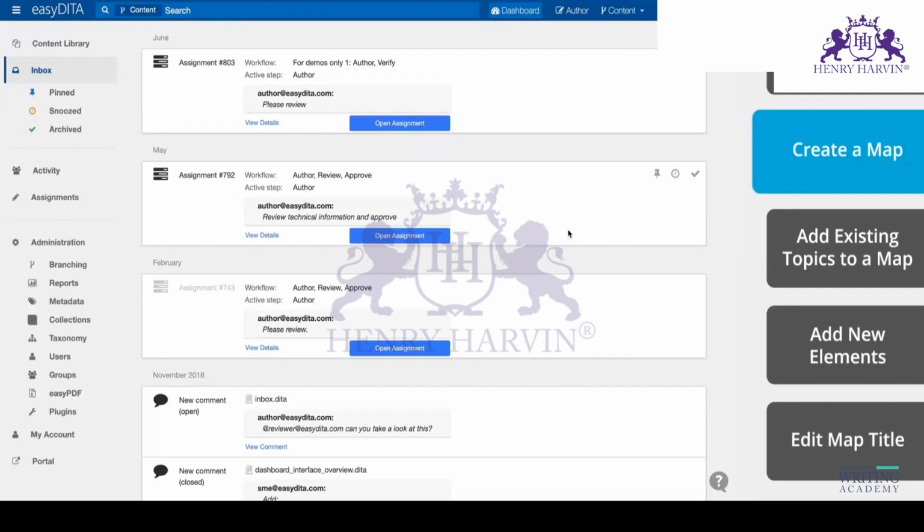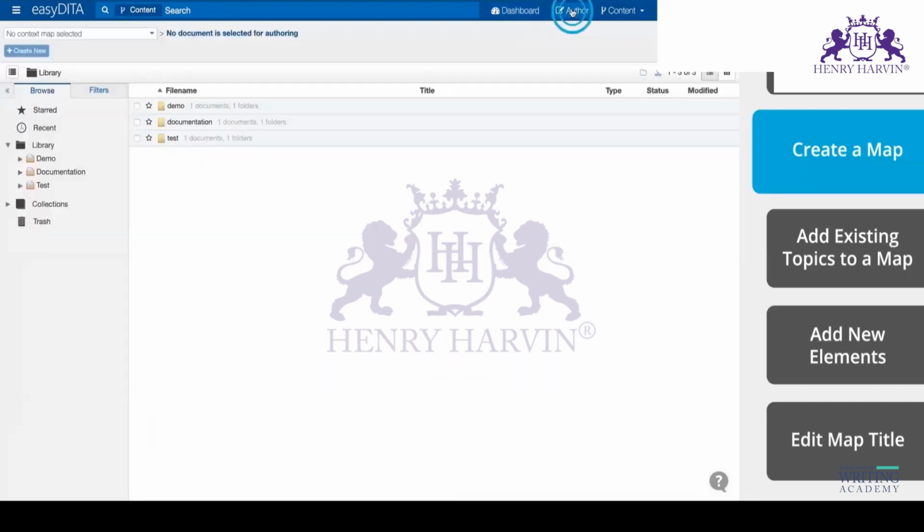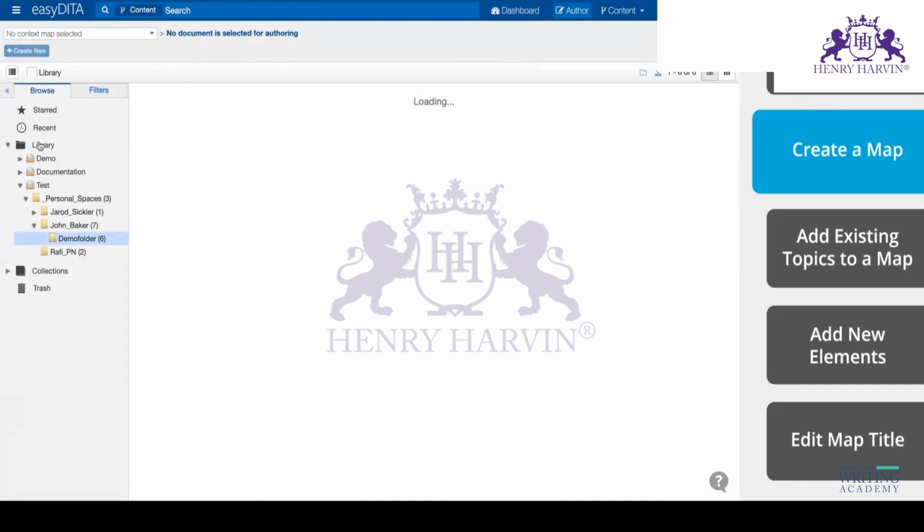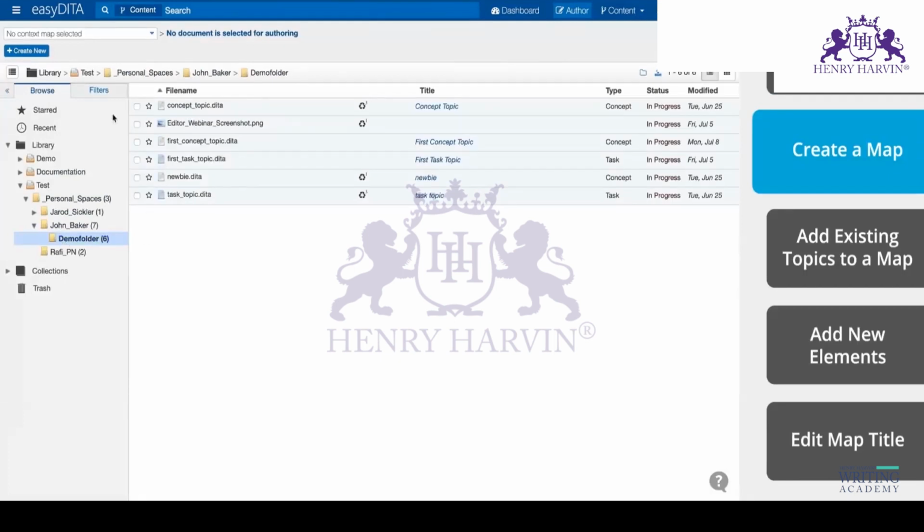When you open EasyDita, you start from the dashboard view. We'll begin by opening up the Authoring tab in the top right. From there, we can navigate to the folder where we want to create our first map. Once we are in a preferred folder, in the top left corner, select